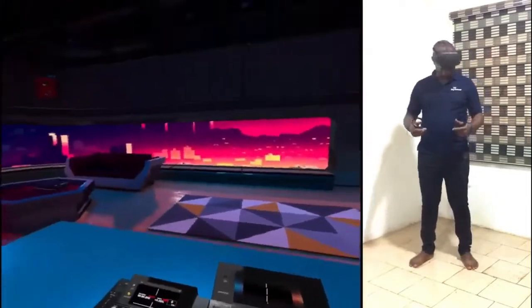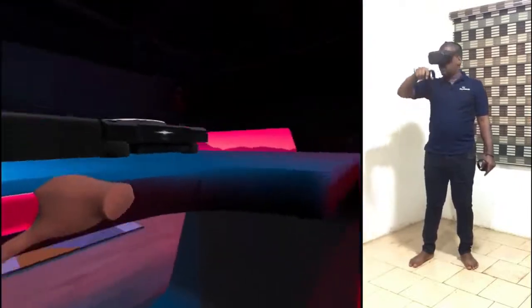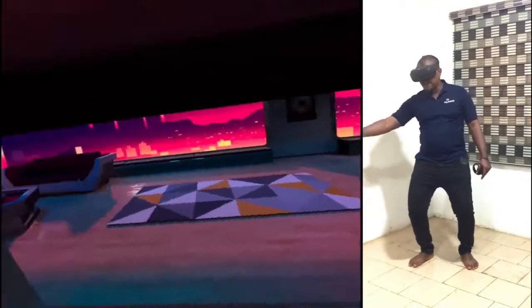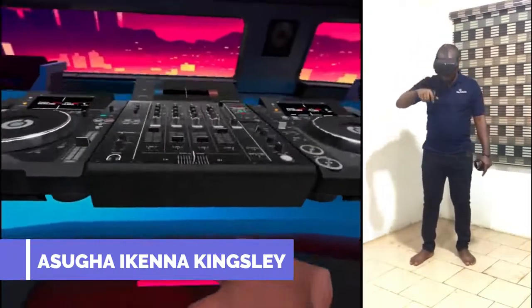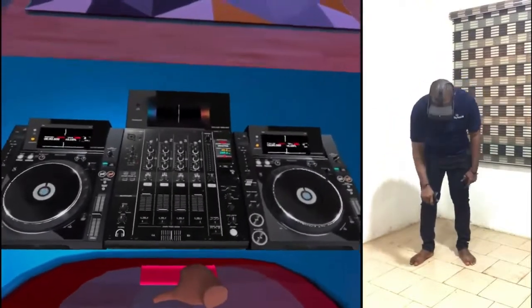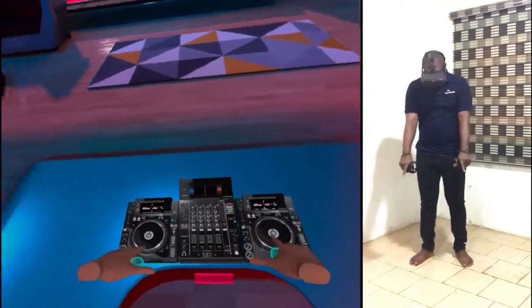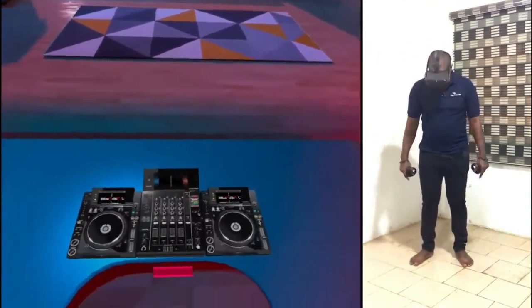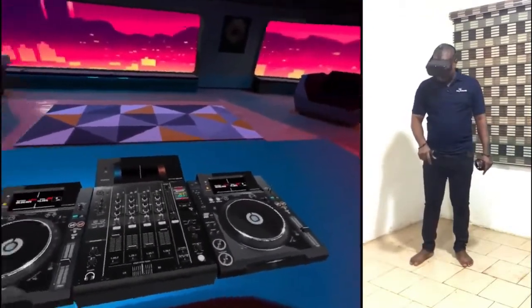The good thing about this deck is that anybody can use it. You can hold it and bring it up. Bring your deck up. You can see this is under my deck. You can still hold this and bring your deck down. Down, down, down. You see, the deck is very far from me. I cannot even touch it from here. So what I have to do is carry it up again and keep it to the level whereby I can